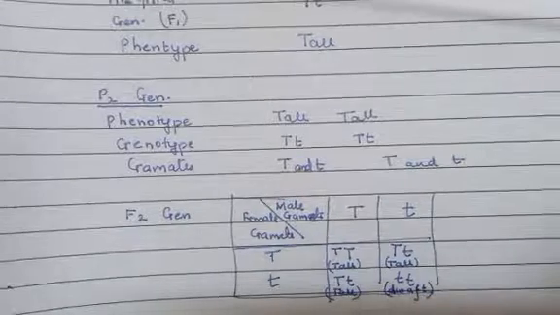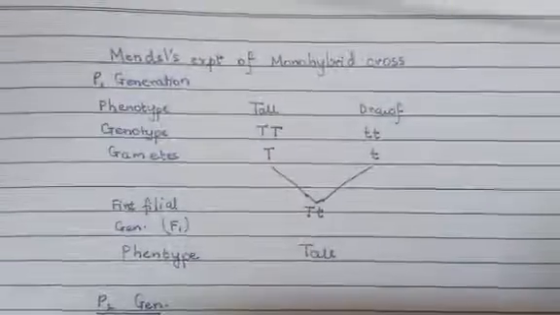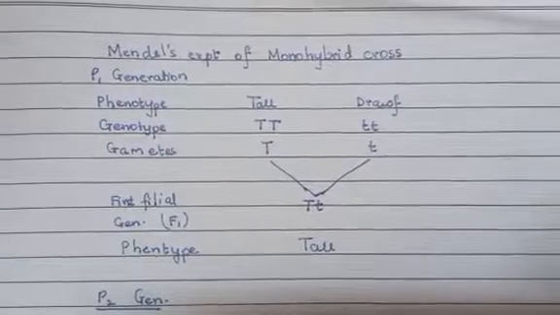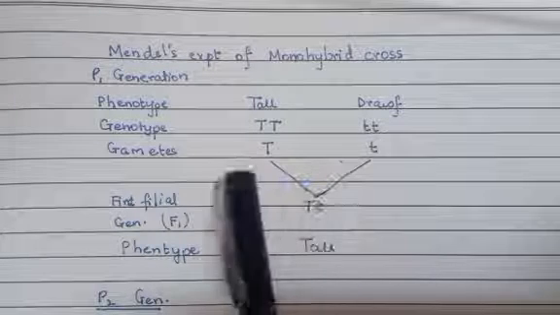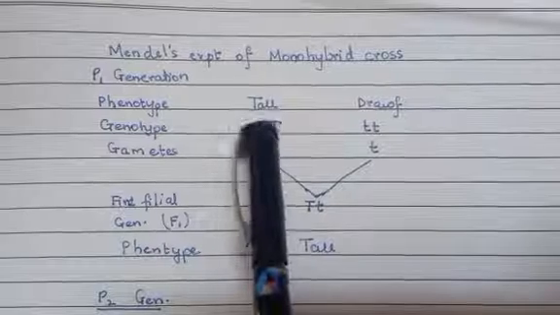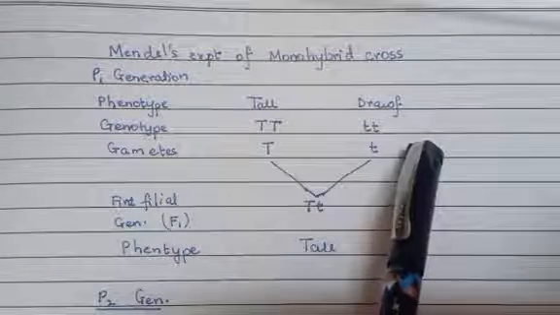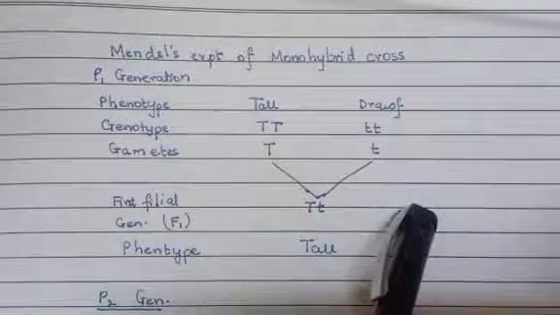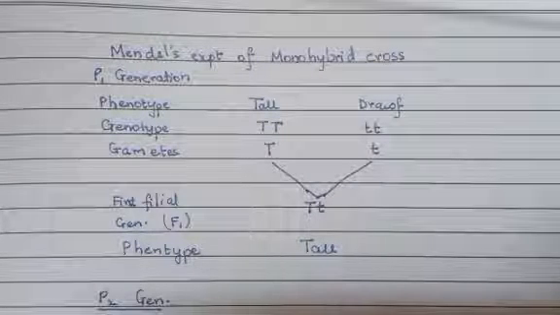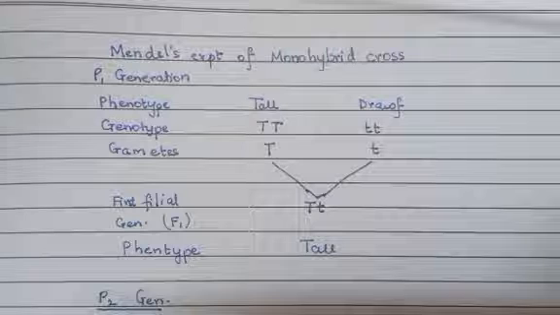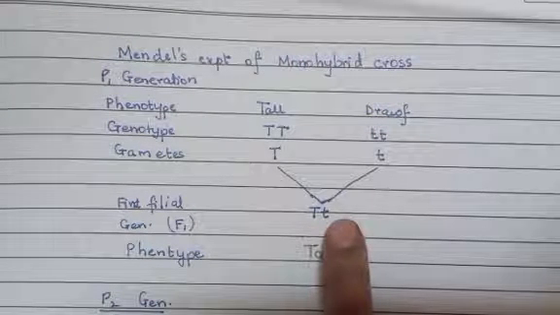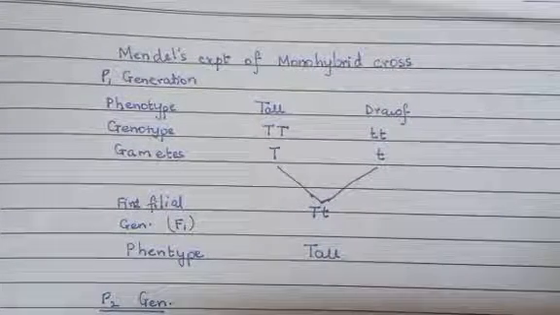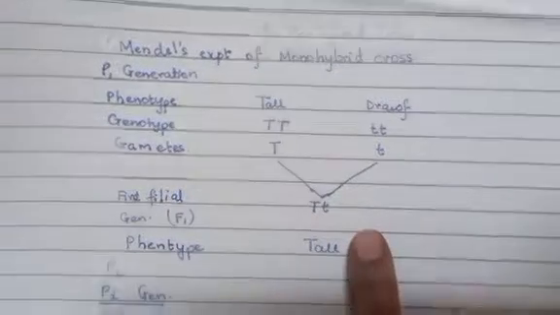That means, see what we understand in this experiment. How the gametes play an important role, how the genes play. Even though in the first generation clearly a tall and a dwarf plant was taken, all the plants in that generation were tall. Okay, so though the plants were tall, they had a different set of gametes.